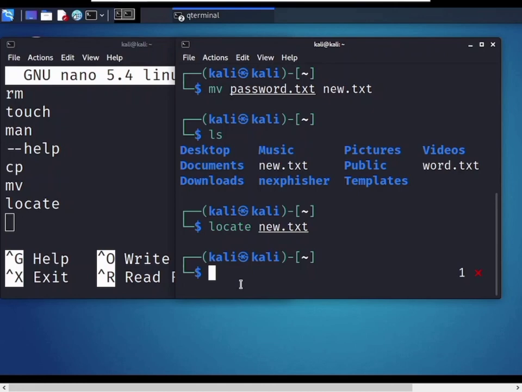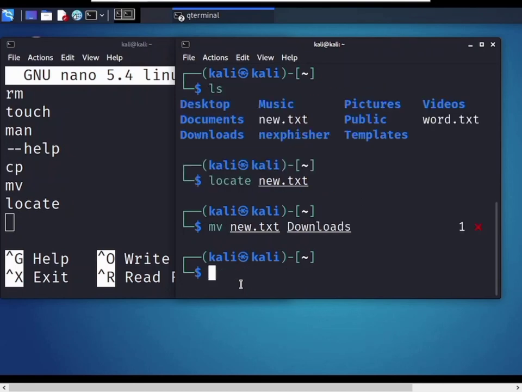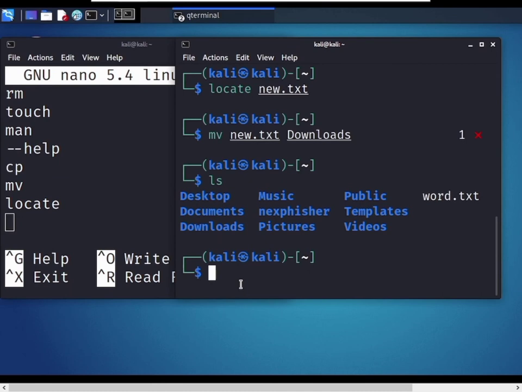So now I move the new.txt file to my downloads. mv new.txt downloads. ls command.